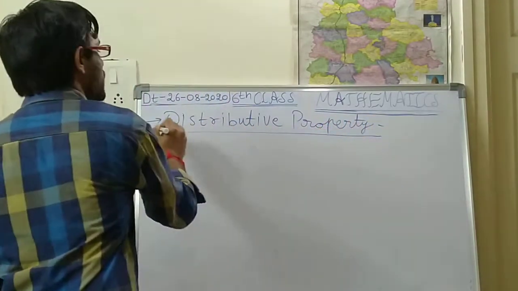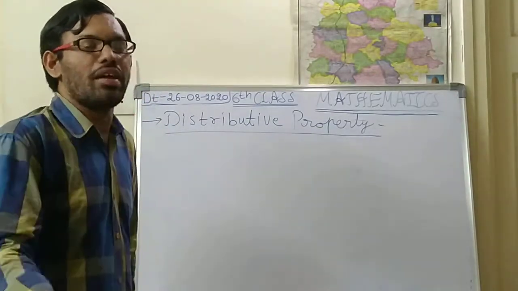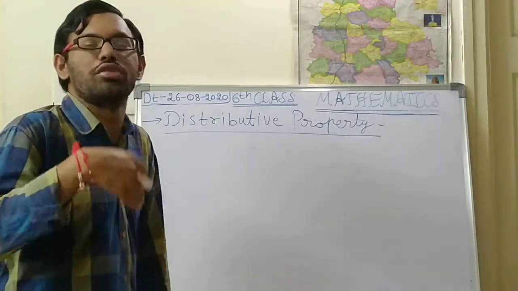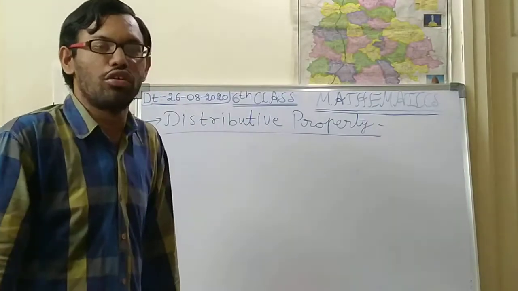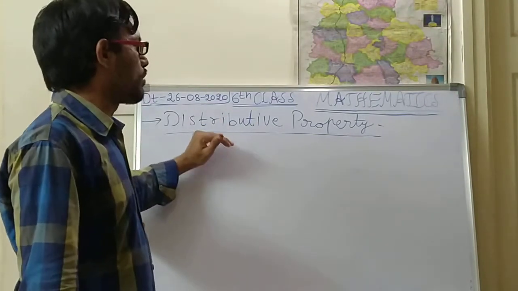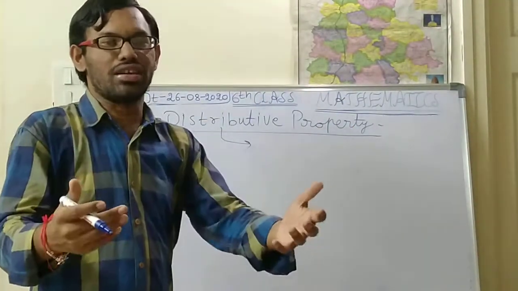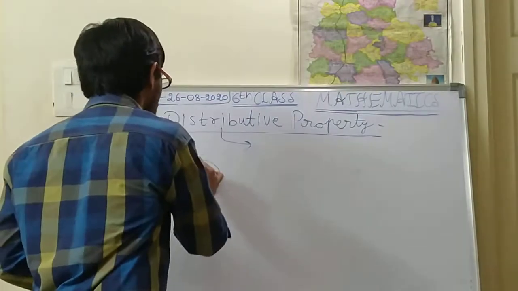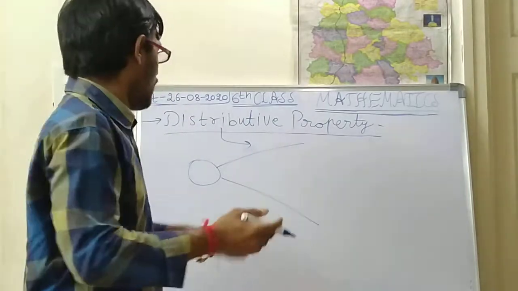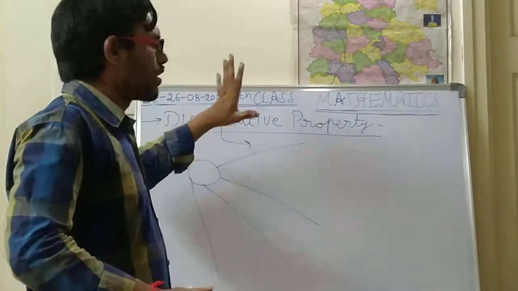The name itself is telling us. What is the meaning of distributive? Distributive means distributing things, like chocolates, books, papers, question papers. You might be knowing this. Is it right, children? So in the distributive property, whatever is distributed goes to each and every person. Suppose one material is distributed to two or more persons. So this is about the distributive property.